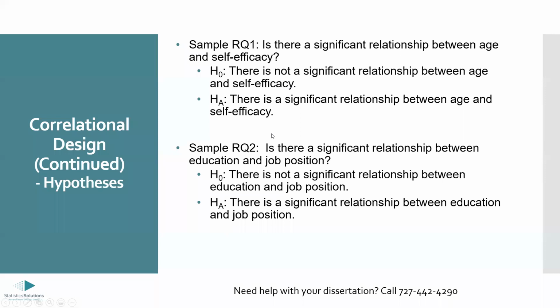Here we have some sample research questions, the same research questions as the previous slide, but I've added the hypotheses here. So whenever you do an inferential analysis, you want to have a null hypothesis, which is the top one here, and you want an alternative hypothesis, which is the bottom one. All it takes is rephrasing your research question. You take your research question and you turn it into a statement. The null is usually indicating that we are not finding a significant relationship, whereas the alternative, signified by the A here, is indicating that we do or are anticipating a significant relationship.